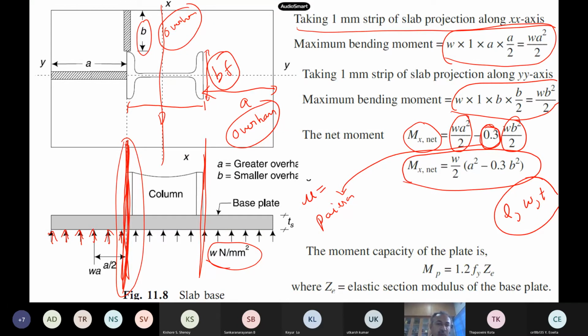Now the moment capacity of the plate. The plate is also like a beam basically. So for a beam, 1.2 times Fy into Z. How does 1.2 come in the beam? Any of you remember 1.2, we used to write in beams. For a simply supported beam we had 1.2, for a cantilever we had 1.5, it should be less than this. So 1.2 times, that is a serviceability criterion. So from there it comes. This is elastic, and this is the moment capacity of the plate.